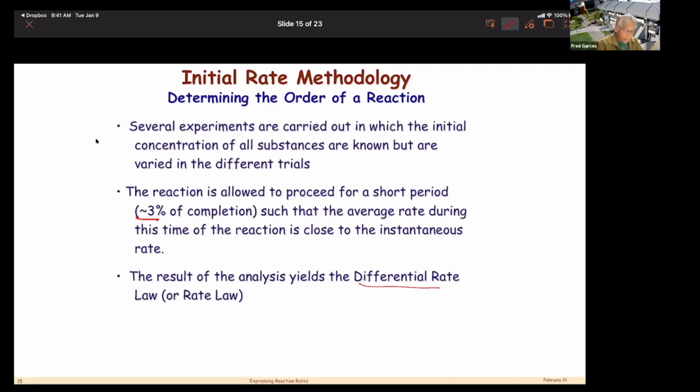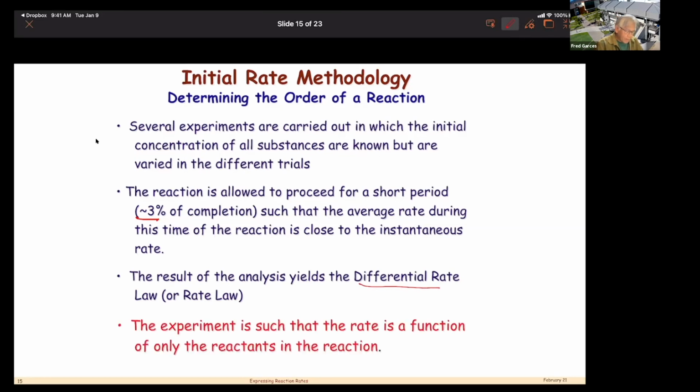Okay, the result of the analysis yields the differential rate law, or the rate law, which is what we want. Okay, the experiment is such that the rate is a function of only the reactant in the reaction. Okay, in other words, the speed of the reaction is established by only the reactant that disappears, but you can relate it to the product that appears through the exercise that we just did. Okay,